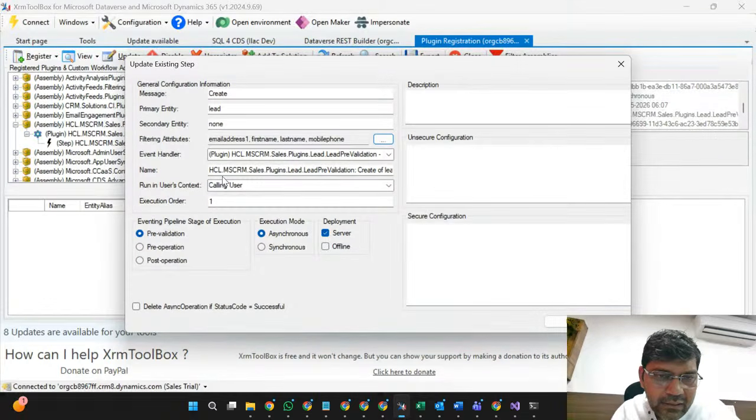And here you are able to see run as user contacts here. So calling user. So the benefit here is the user contacts.